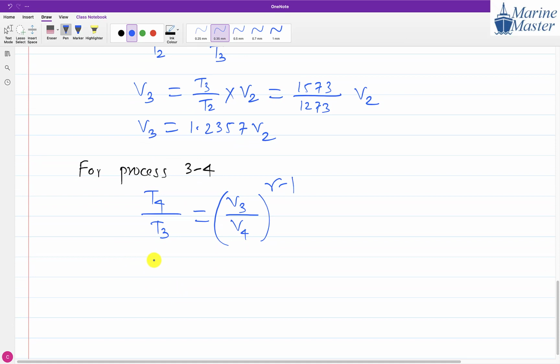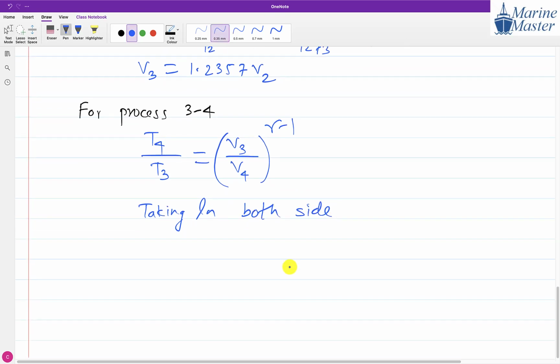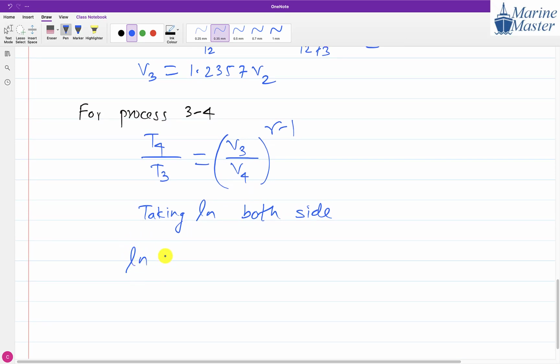So what are we going to take? Taking ln on both sides. Ln means natural log. You can take any log, no problem. Here we are preferring natural log generally because everywhere we are using a natural log. So it will become ln of T4 by T3 equals gamma minus 1